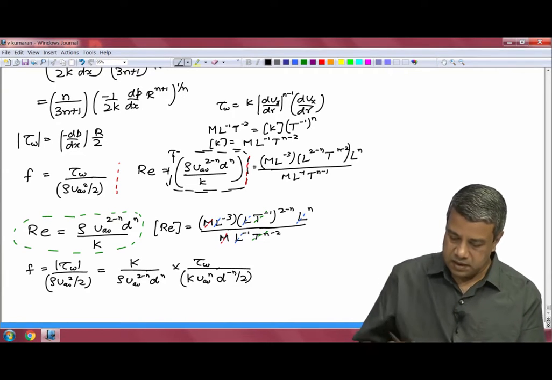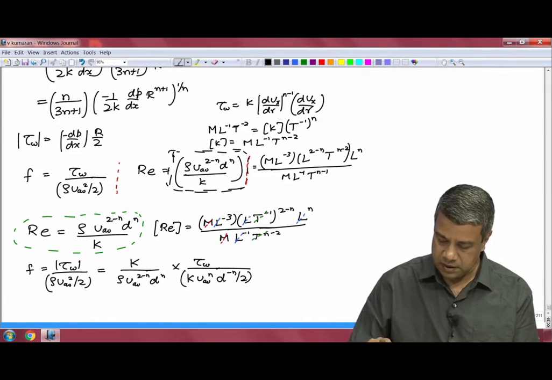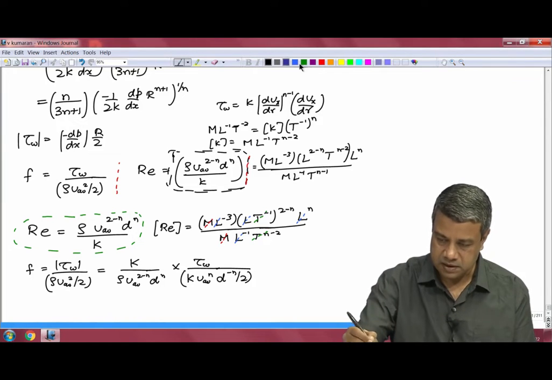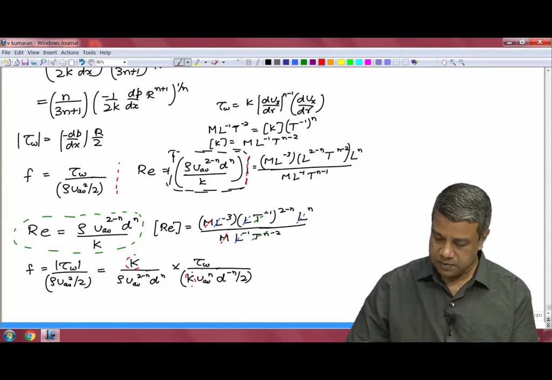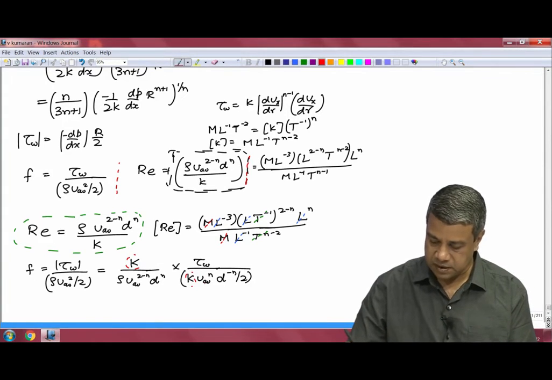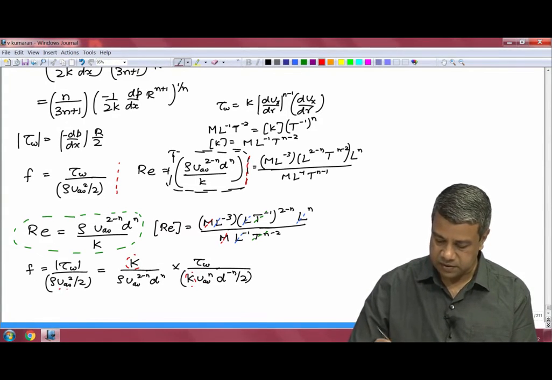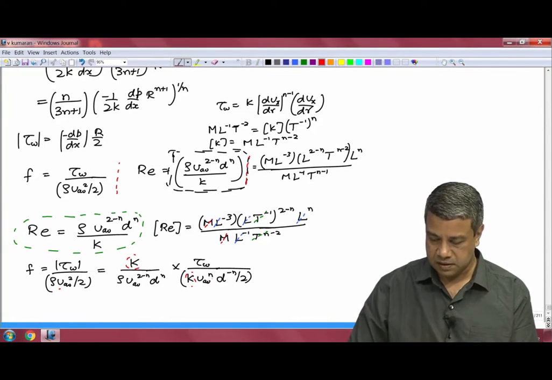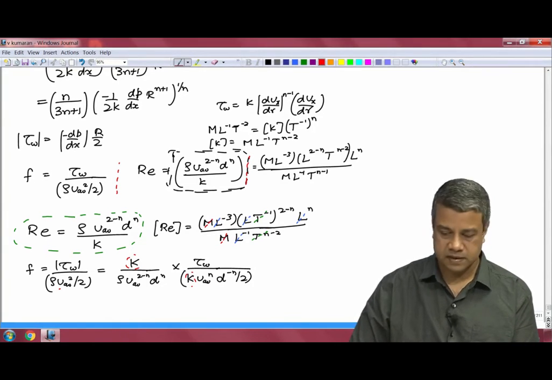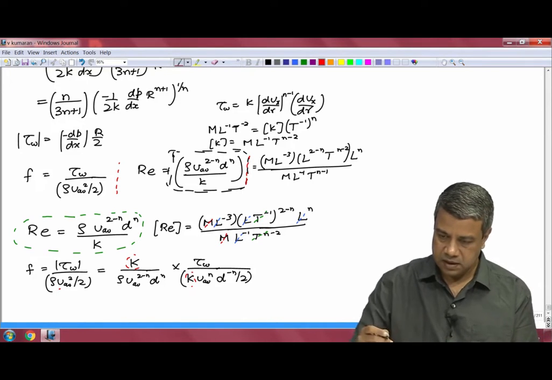You can easily see that in the denominator the k's will cancel out in this case. The V average power 2 minus n times V average power n in the denominator just gives me V average square. D power n times d power minus n just gives me d. And therefore, this is equal to the first expression that I had on the left side, except that